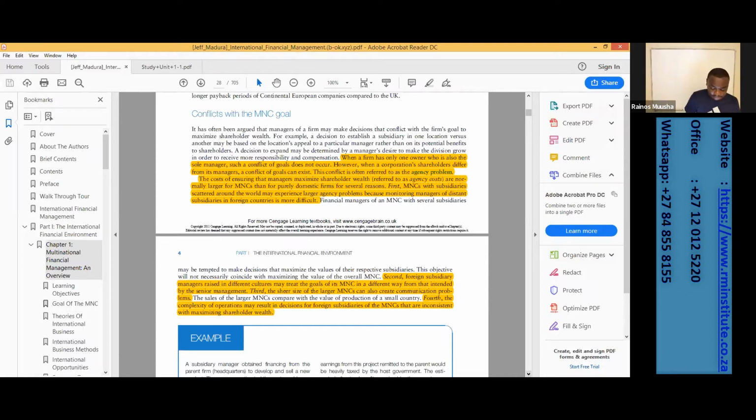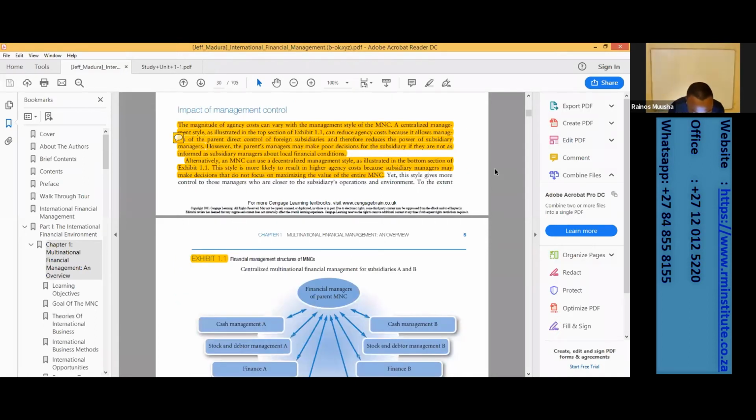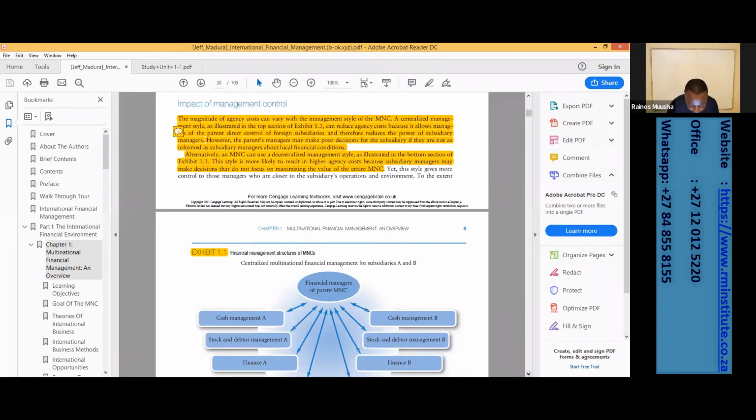Is there any question before we go on? Any questions? We look at the impact of management control, and the different ways that organizations can be structured as well. So here we say